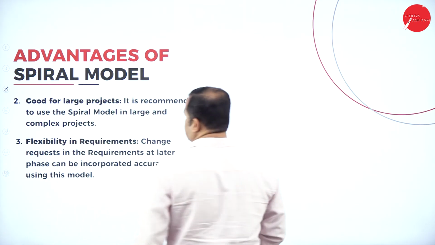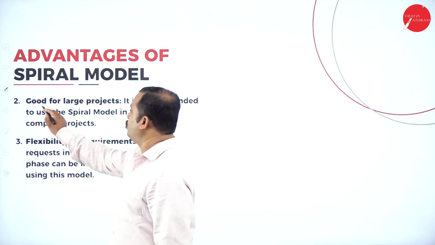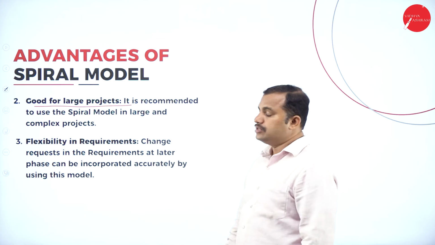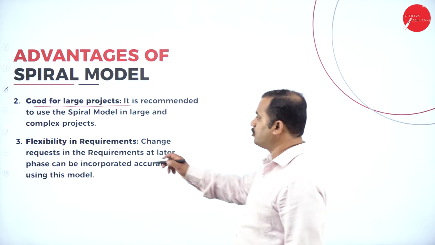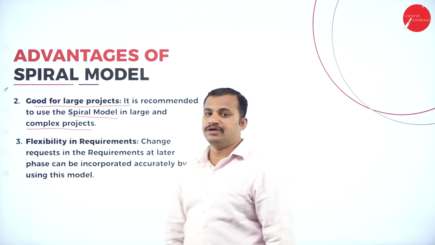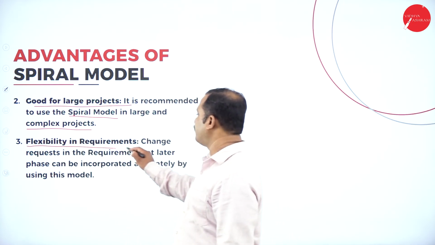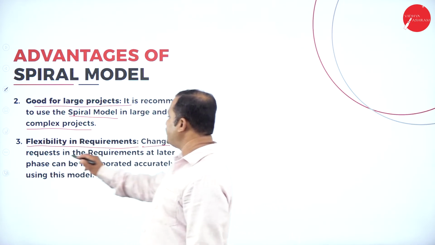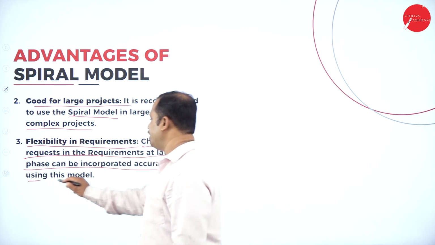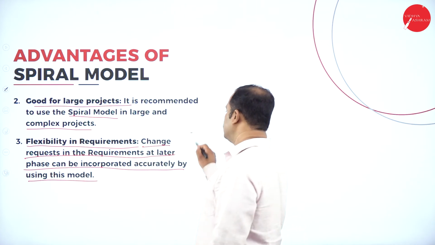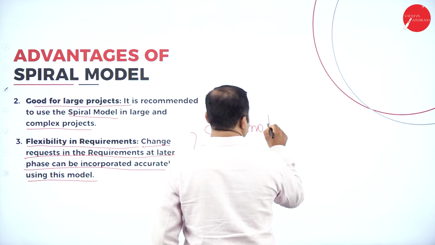If that is the case, which is the second advantage? What is the next advantage? Good for large projects. Suppose the project to be developed by the company is very large, then they will go for spiral model because of the complexity of the project involved in this. Then flexibility in requirements. That means changing the requirements of a client can be incorporated very easily and accurately using this model. That means using this spiral model, we can incorporate